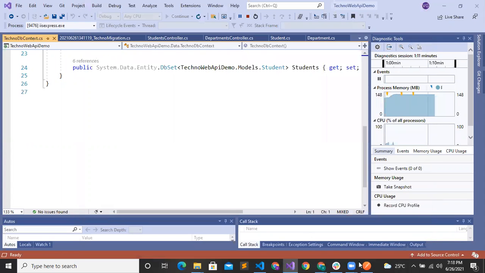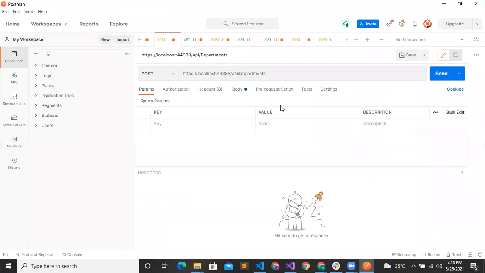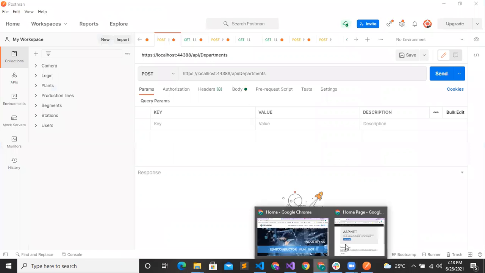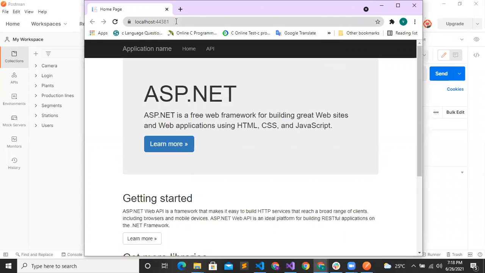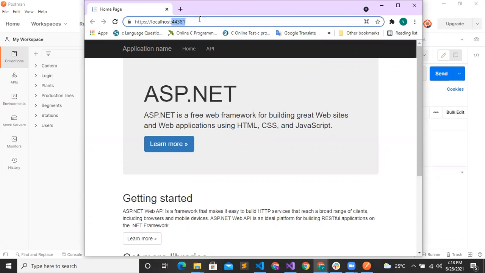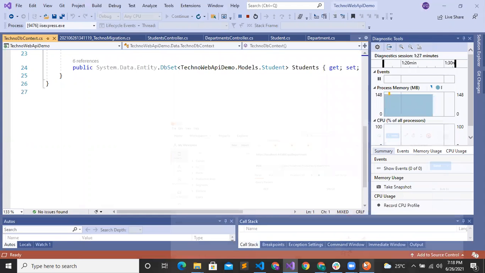Now we will check it from Postman. So we have to check on which port our application is running. It is running on 44381. So we need that port.